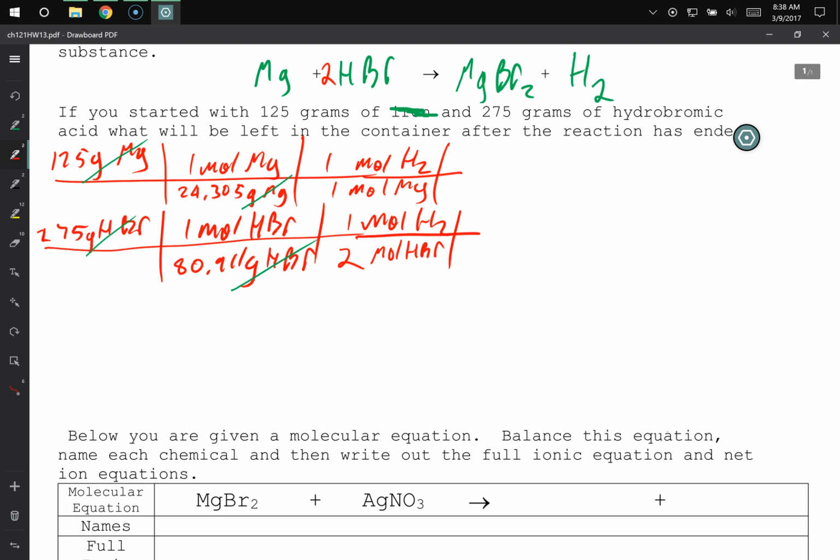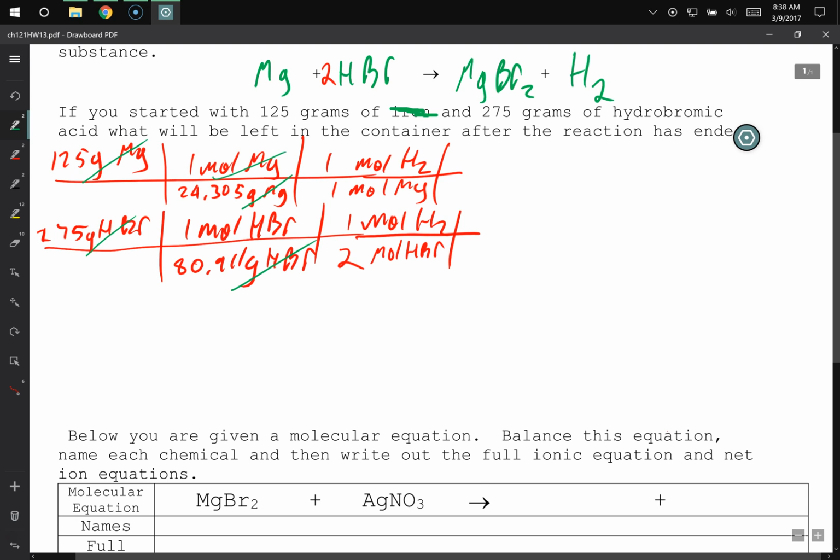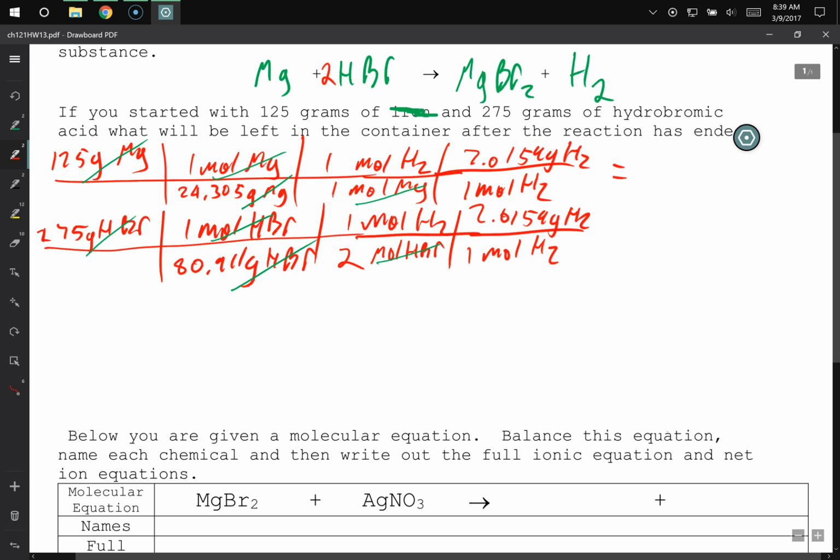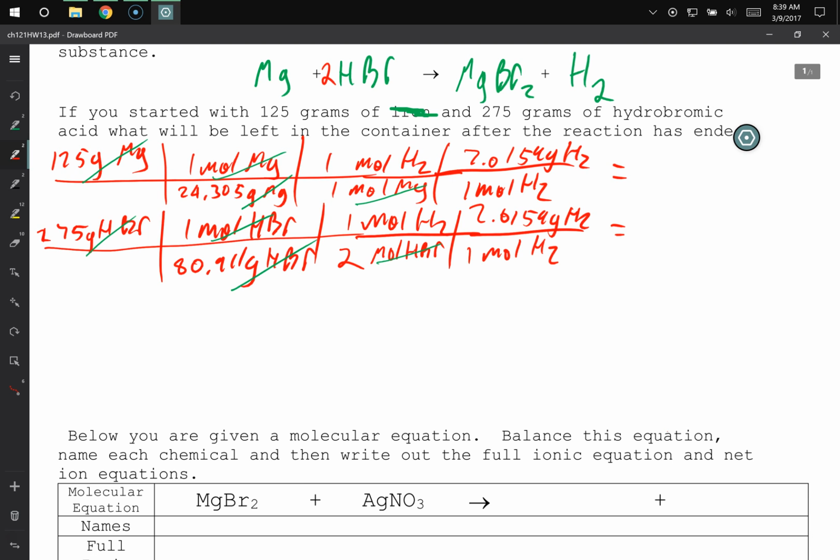So I can cancel out my mole part, so moles of magnesium, moles of magnesium, moles of hydrobromic acid, moles of hydrobromic acid, and then I can just keep going on with this. And so it'll be 1 mole of H2 and 1 mole of H2, and then it's 2.0159 grams of H2. All right, and I got, let's see,